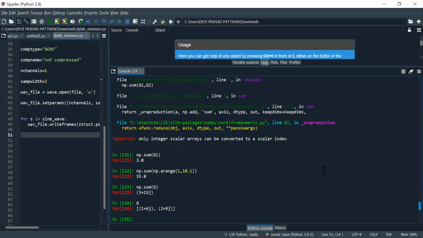We have another module in numerical Python, a library called random. This is an important thing for us to use in wireless digital communication.